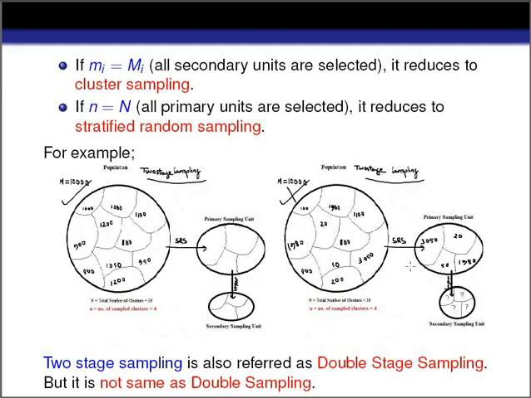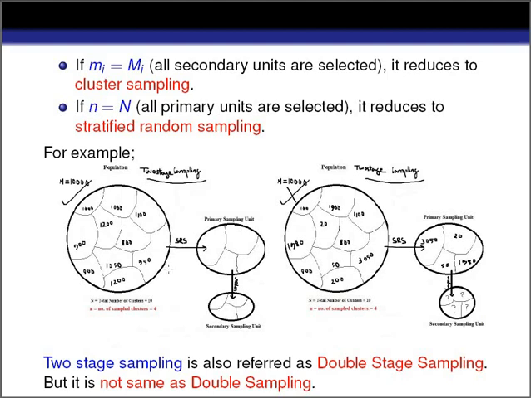So in that case, deciding our sample size for the secondary sampling unit becomes a difficult task when, in our primary sampling unit, some of the clusters are very large in size and some of the clusters are very small in size. Up to this point, if our clusters are of the same size, or different from each other but approximately the same, then whatever two-stage sampling we use to take a sample from the population, this technique is also known as simple cluster sampling.